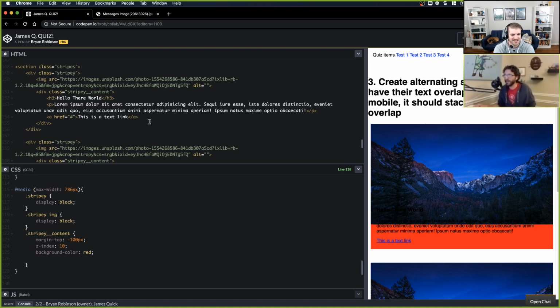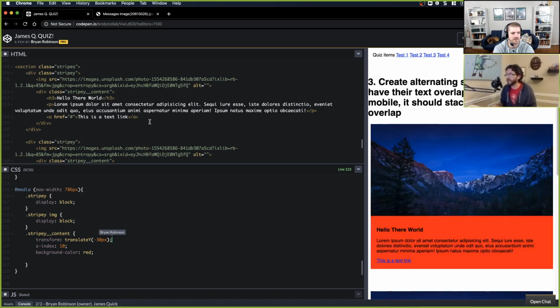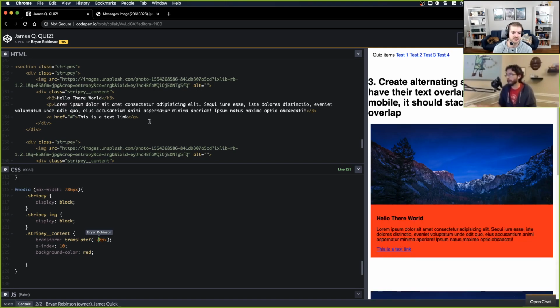All right, James. I don't have a good reason why the margin top's not working and why that's pulling it in behind. So the two things that I think are happening, and I can fix it. One is the margin top is actually a problem when you use transform translateY negative 30 pixels. It does pull it up. That one will be when you do the transform translate.